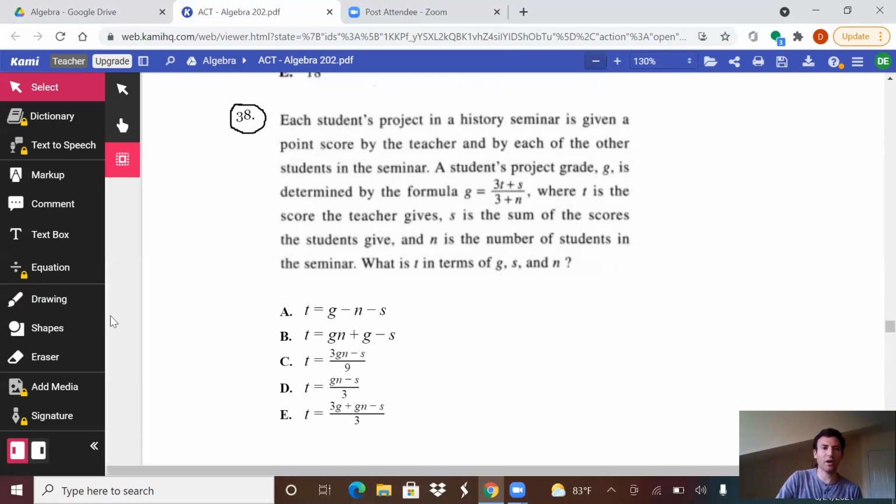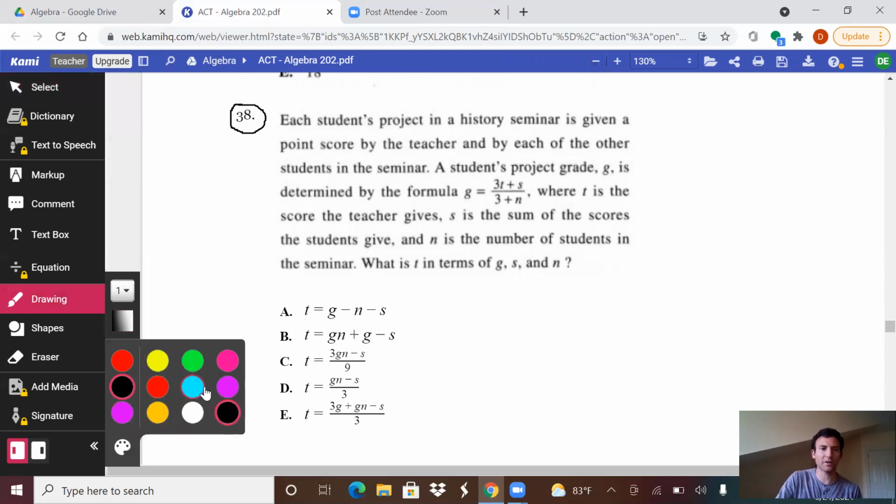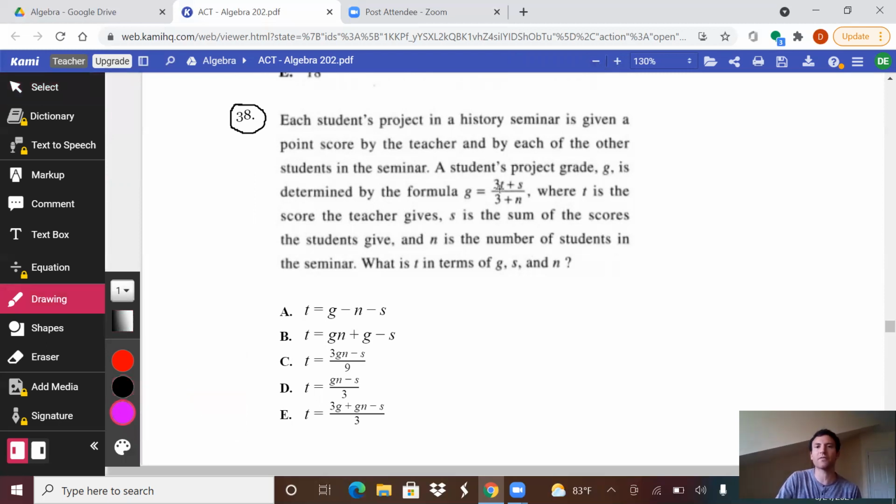Okay, so in a nutshell, with all that noise, all it's really asking, but it's good that we read the whole thing carefully, is: can you isolate T? If you remember, we are doing BIDMAS in reverse. We're doing the inverse of everything we would do if we had plugged in a number for T. So to get T by itself, the first thing we're going to do is remove the denominator. So we're going to multiply both sides by 3 plus n. That's going to get rid of the denominator, and we end up with